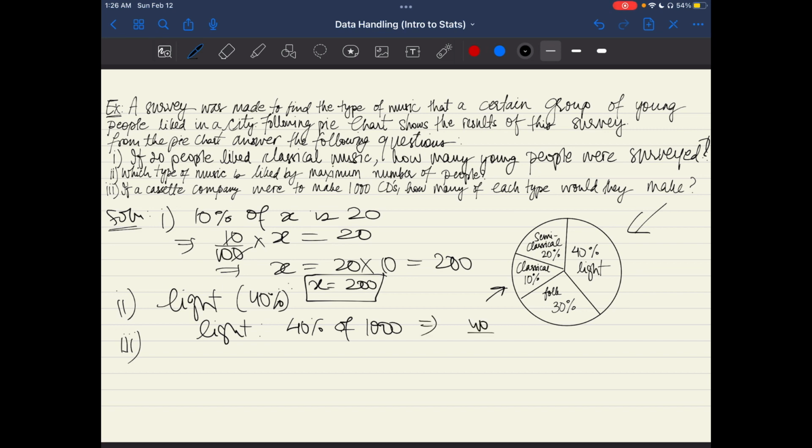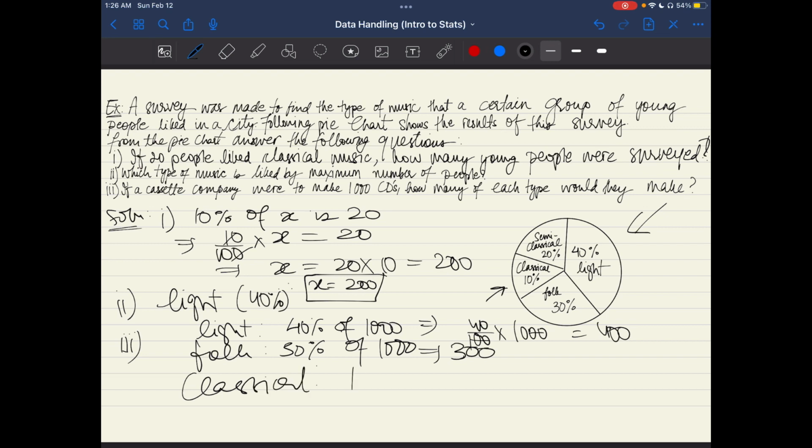It's 40 over 100 times 1,000, which is 400. Similarly, folk is 30%, and then number of CDs, if there were 1,000 CDs, it'll be 30% of 1,000, which is 300. Then for classical, following the same logic,